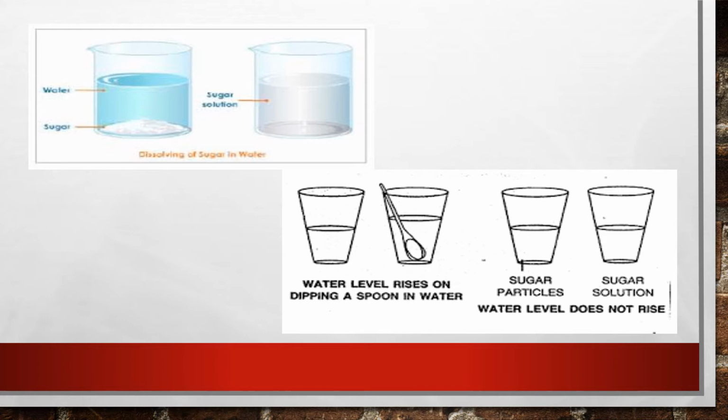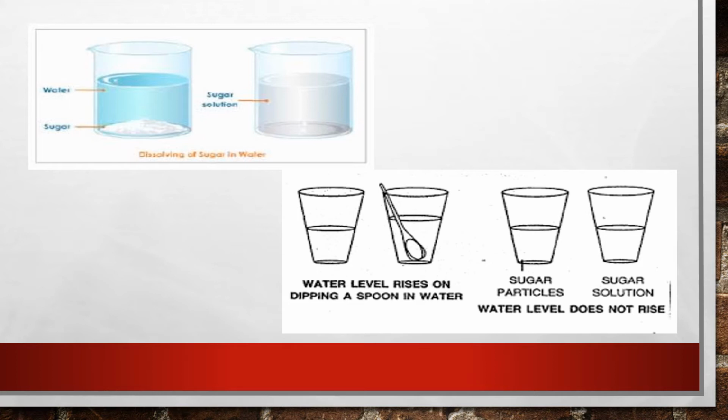On stirring the water, sugar gets completely dissolved in the water and thus we cannot see the sugar anymore. However, the molecules of sugar are present in the spaces between the molecules of water. This is also the reason why there is no increase in the level of water in the glass